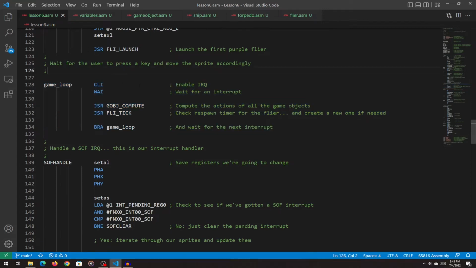So as before, I start off by re-enabling the IRQs with CLI, and then I wait for the interrupt to come in. And once the interrupt comes in, first of all, the soft handler will get called, but the other thing that will start to happen is that we will go and call into this game object compute function. And that is what's going to go through all of the game objects that we have in the system that are active and cause their compute function to run so that those game objects can figure out where they need to move or what they need to do next. The other thing that I do,